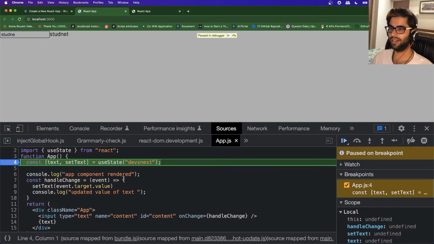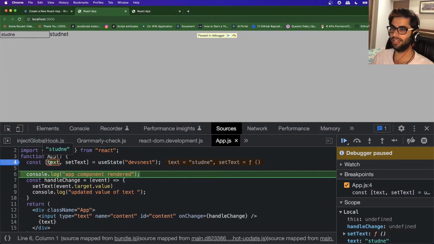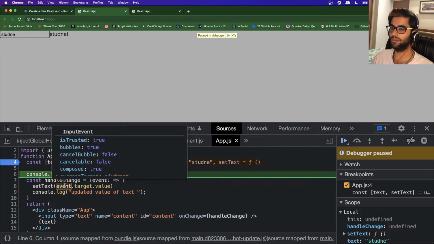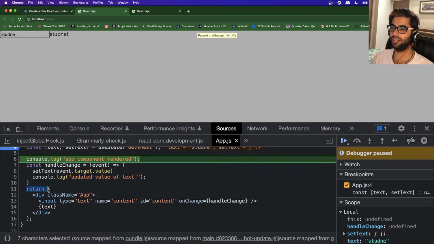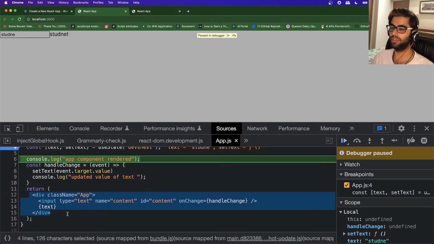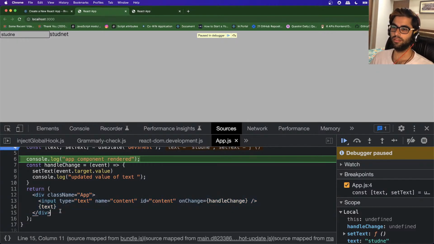Now, since this is a re-render, you can see that initially both of these are undefined. Let me just move ahead, and now you can see that text is equal to the updated value, and then we have the setText setter function, and then we are seeing this statement, whatever is returned by the component, right? React will use this to update the real DOM, right? And it will use the updated value of this text variable. Okay,